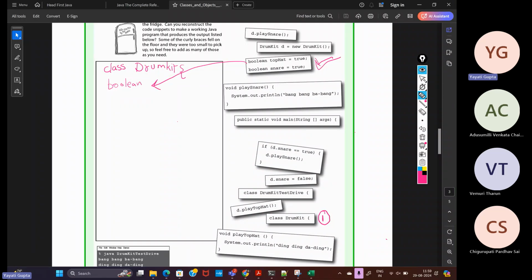What next? Right, done. There is no other data. Then you can start having your functions. So you can put this function. Is there any other function? You actually have two classes here. Okay. Any other function do we have? This one, right? So you can define your two functions, one is playSnare, another is playCymbal. And I think that's all. Right. So that's your class DrumKit. It has two data members and two functions. Next, you can have